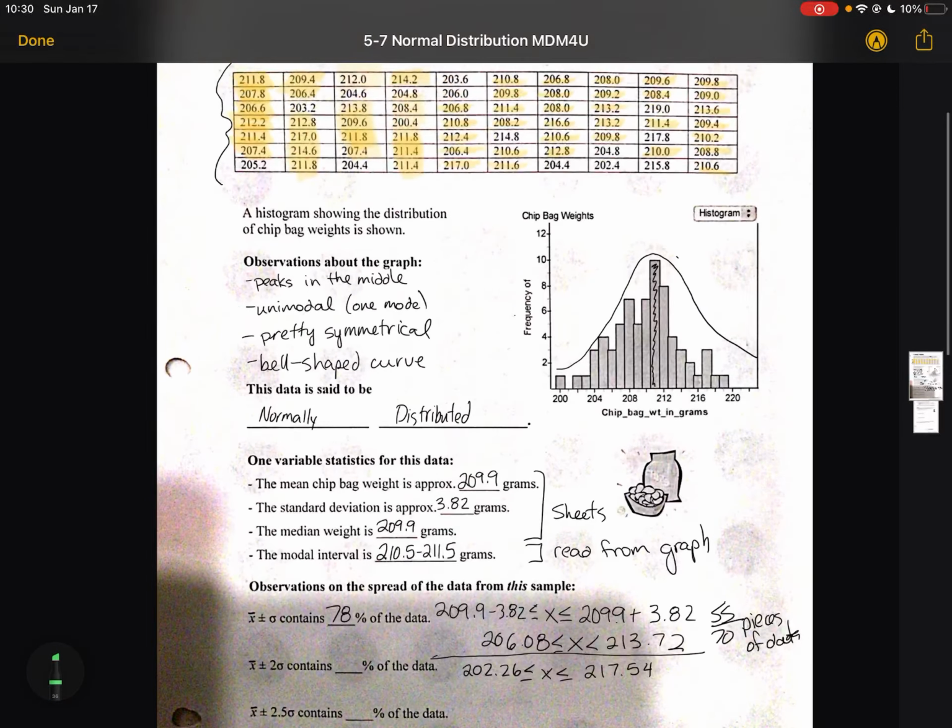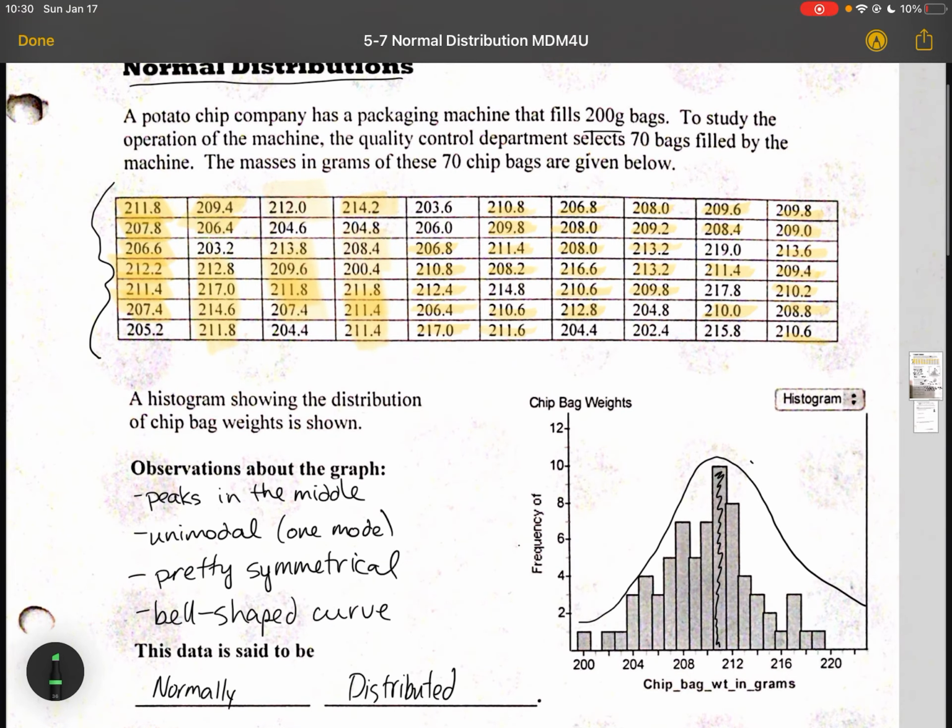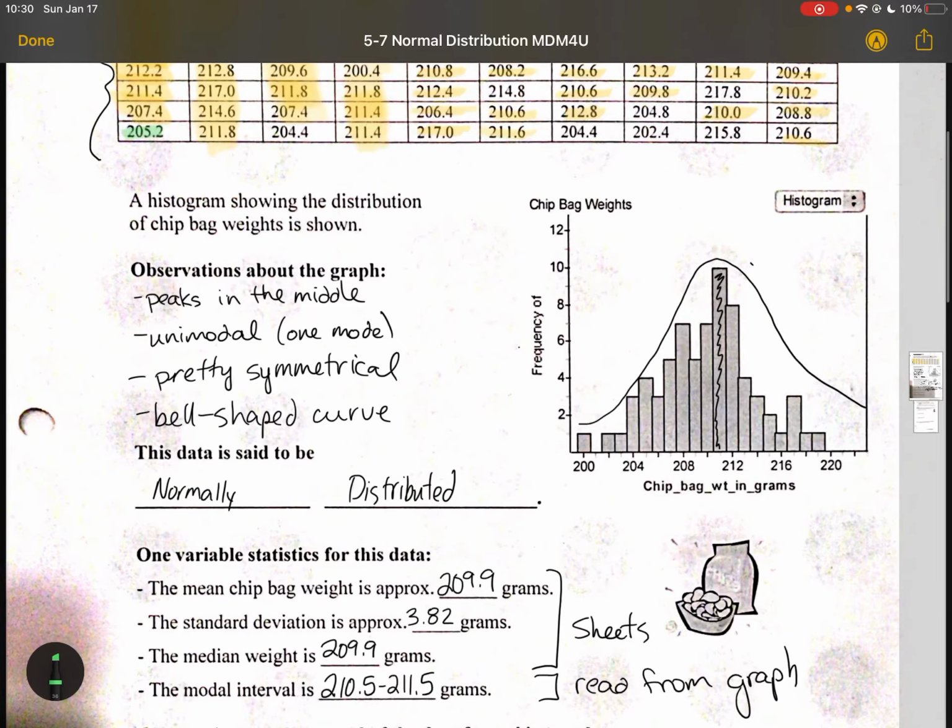So all the way down to 202, all the way up to 217. So I've already highlighted 55 pieces of data. So let's see, 56, going down to 202,